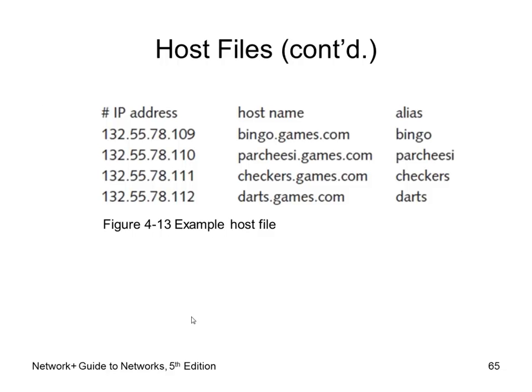So here's what they look like. Bingo.games.com. You can put whatever you want in there, and they will work. Obviously, I just showed you how it worked. But in Windows 7, you have to make sure you run as administrator, run Notepad or something to edit it, because of the directory. There's a good reason for all that. It drives me crazy. You don't need an alias, but if you do put in the alias, then if I just typed in bingo, it would work. A lot of times now, you can just type in Yahoo and it'll go straight to Yahoo. That's why you might want to do an alias. But you can see how that works.